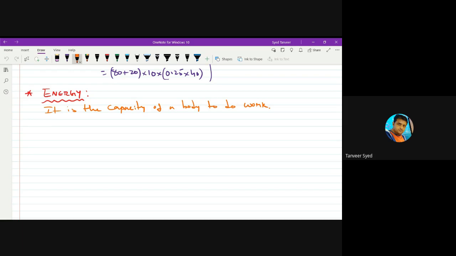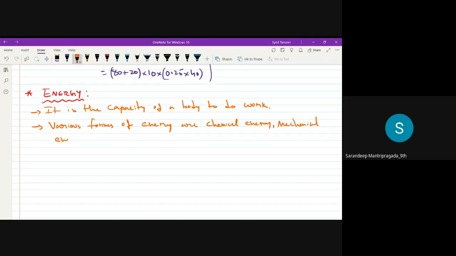We find this energy in different forms in nature, like how you find matter in four different forms: solid, liquid, gas, plasma. Similarly, energy is found in nature in various forms. Various forms of energy are chemical energy, mechanical energy,